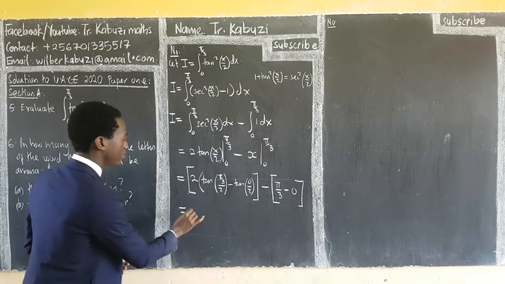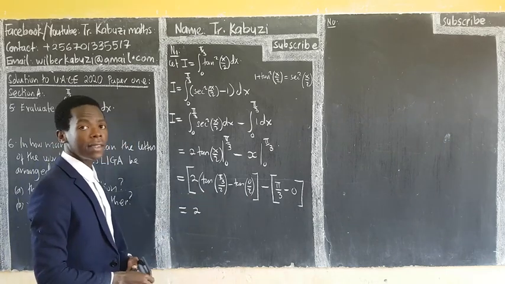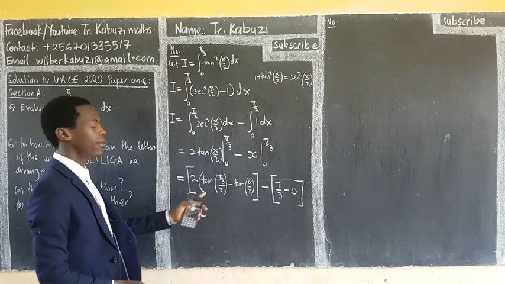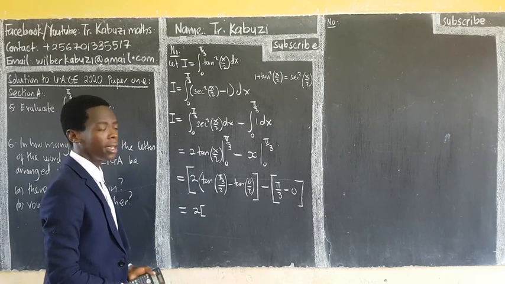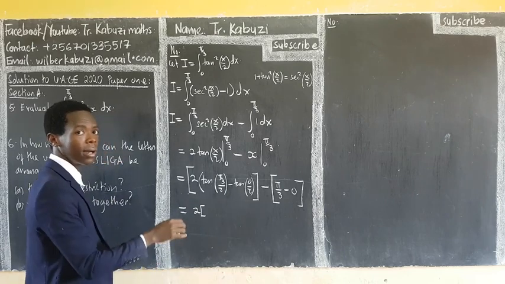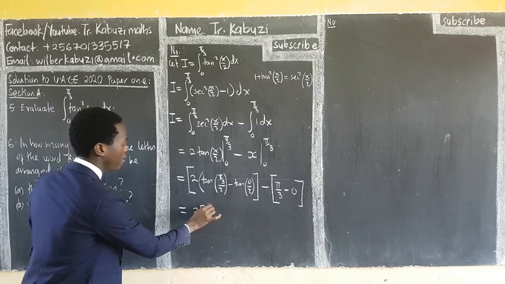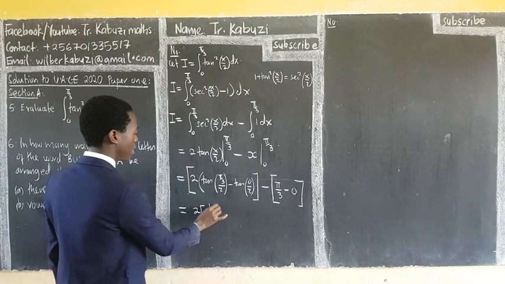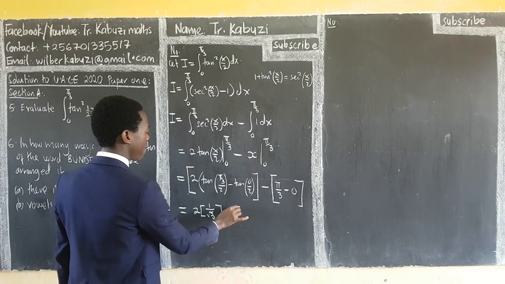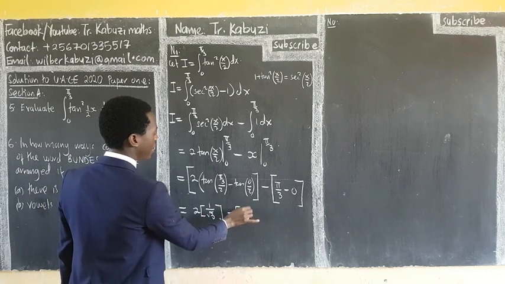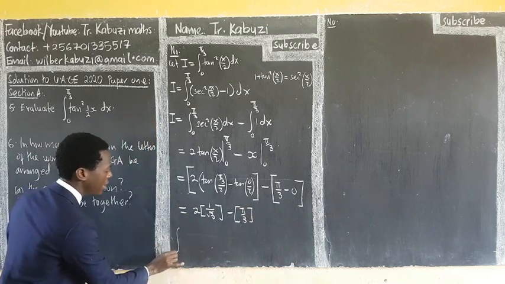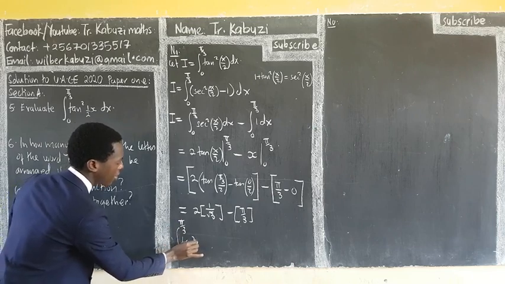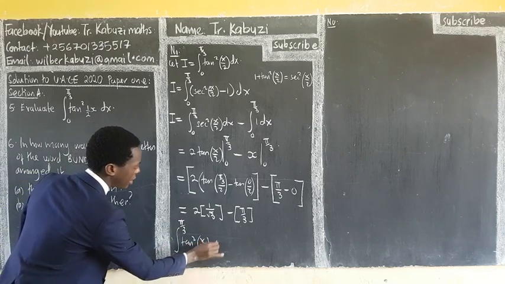So this will give us 2. You know that tan of 30 is the same as root 3 over 3. Also, I'll write it as 1 over root 3. Okay, 1 over root 3. And tan of 0 is going to be 0. And minus, this will be added, pi over 3. Then press. So now our integral from 0 to pi over 3 of tan squared x over 2 dx is going